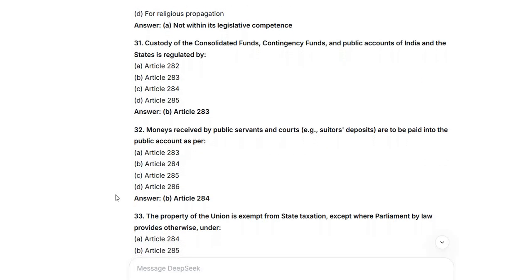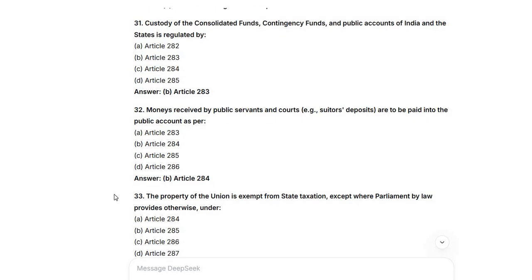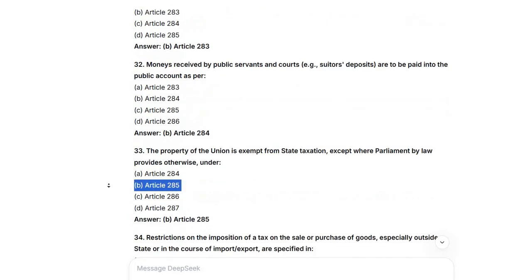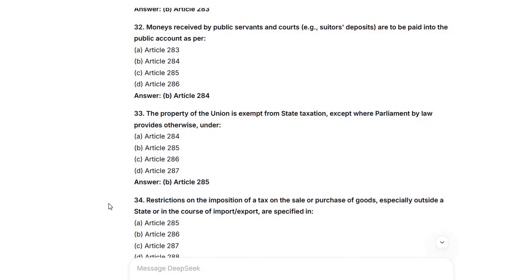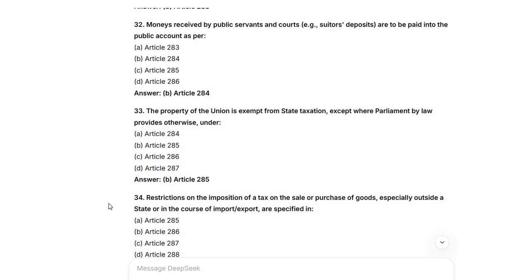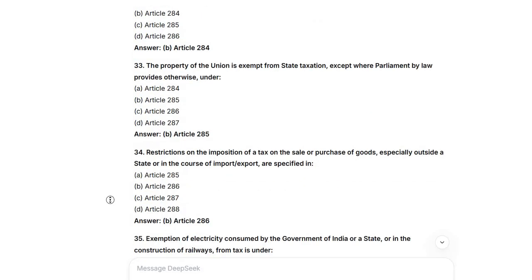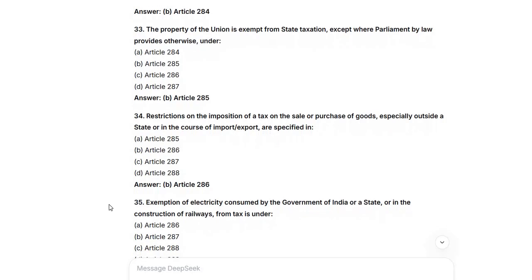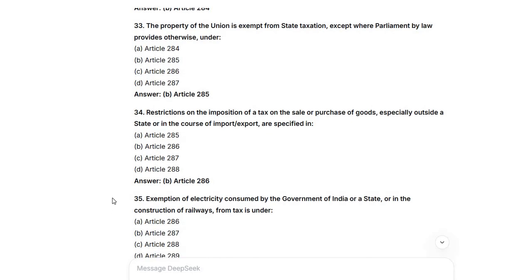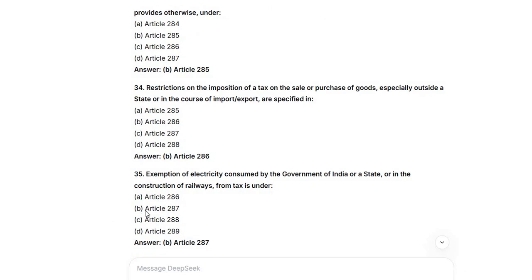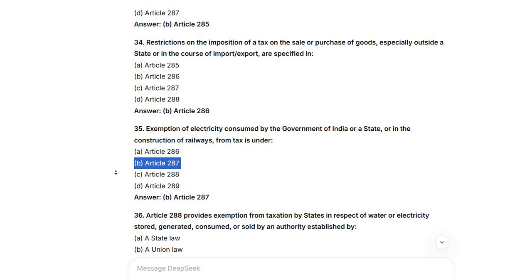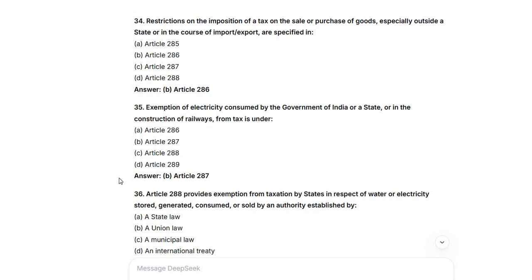33. The property of the Union is exempt from state taxation except where Parliament by law provides otherwise under Article 285. 34. Restrictions on the imposition of a tax on the sale or purchase of goods, especially outside a state or in the course of import and export, are specified in Article 286. 35. Exemption of electricity consumed by the Government of India or a state or in the construction of railways from taxes under Article 287. 36. Article 288 provides exemption from taxation by states in respect of water or electricity stored, generated,